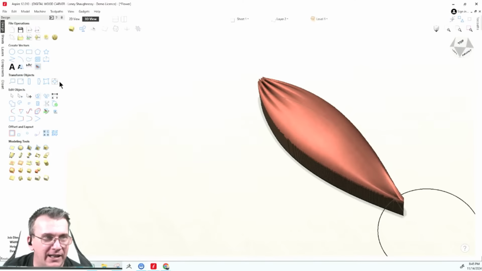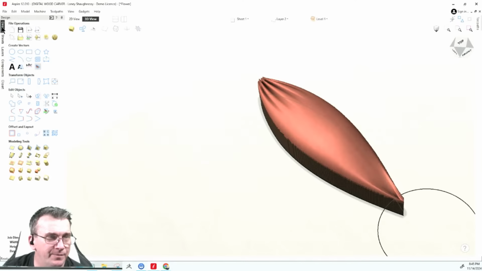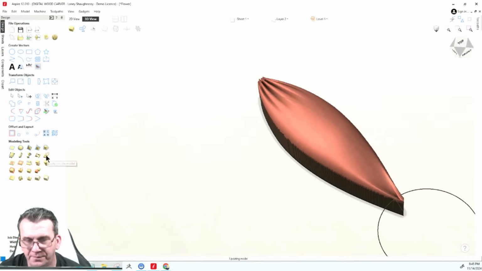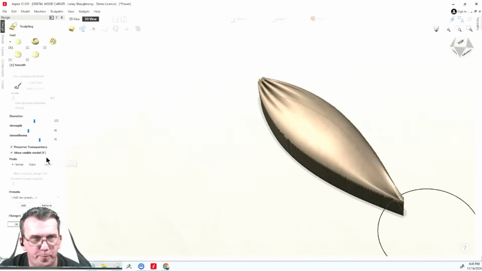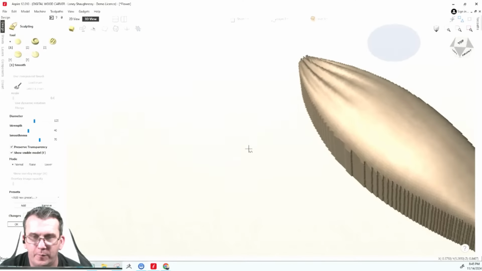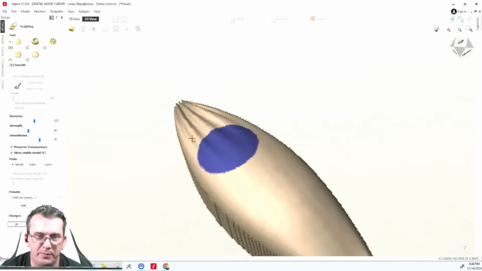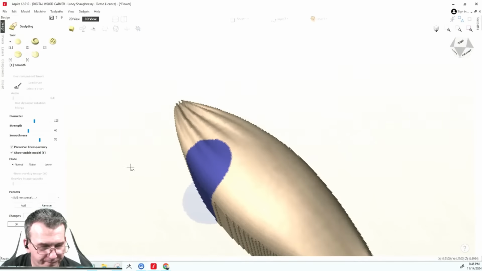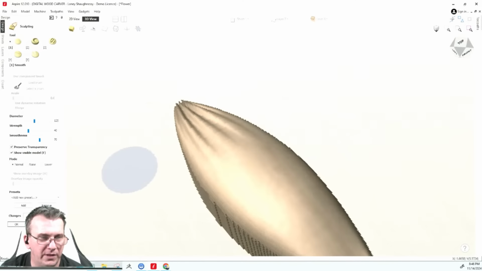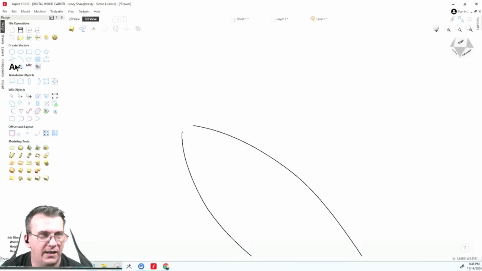All right. My brain's congested. In here, with the component selected, I'm going to go into the sculpting tool, sculpt visible model. Oh my goodness. And the first thing I'm going to do is, and I'm working with a lower resolution, ladies and gentlemen, so you can see the pixelation in here and everything. I'd really like to, let me hit cancel on that. I'd like to pick that resolution back up because I really